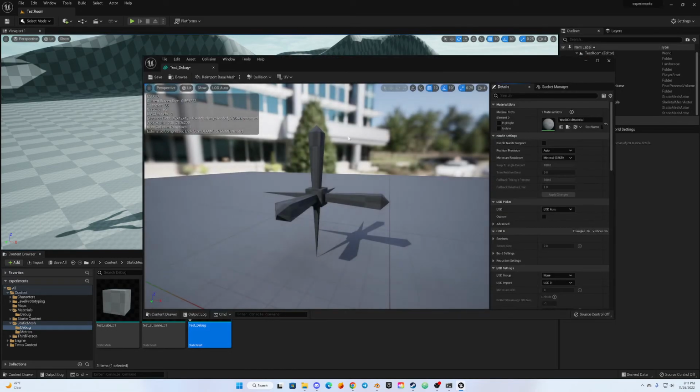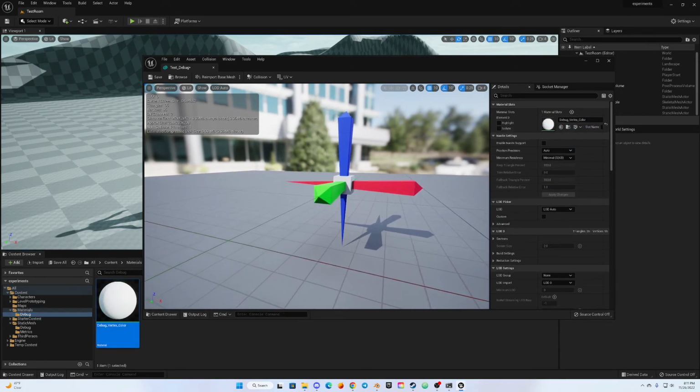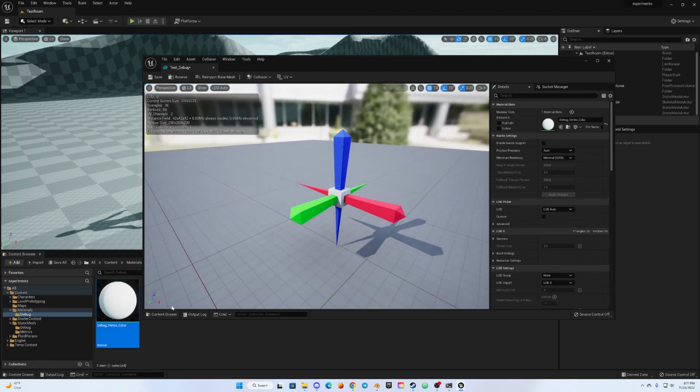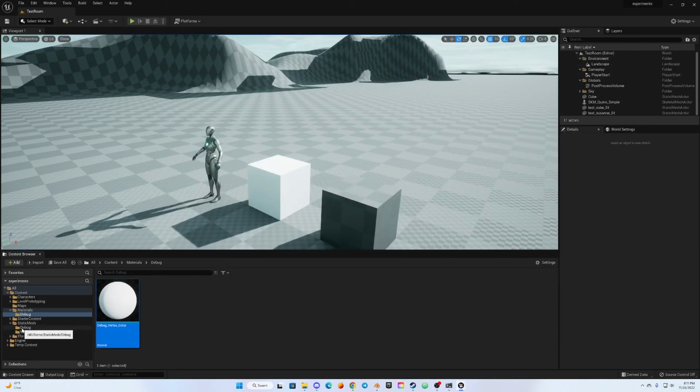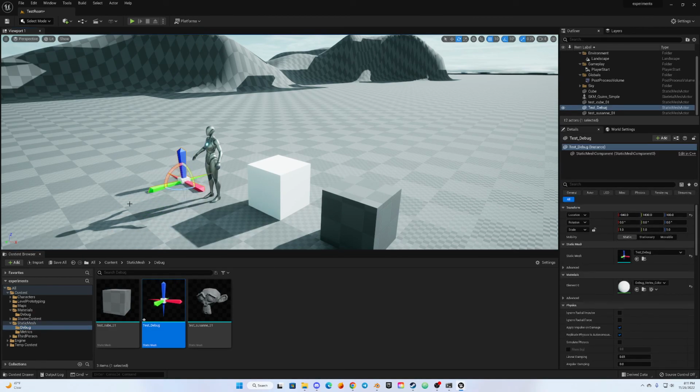I'm going to open this up so that we can see what we're doing, and I've created a debug vertex color material that I'm just going to pop on here to see what we're looking at. So if you see here, we've got our X, Y, and Z axis pointing in the axes that I would expect, and if we drop this into world next to Quinn, you can also see that we are looking forward